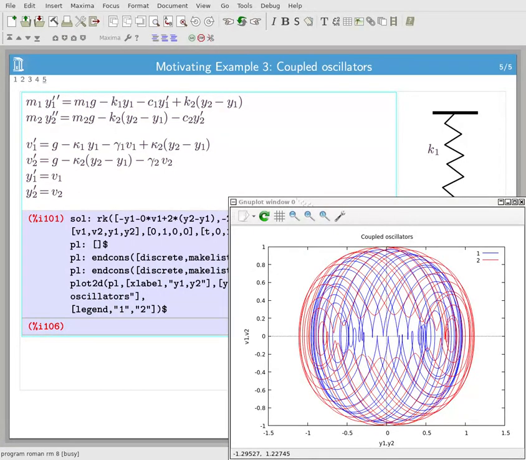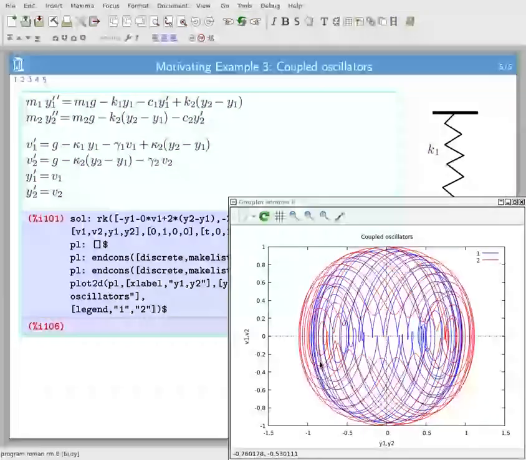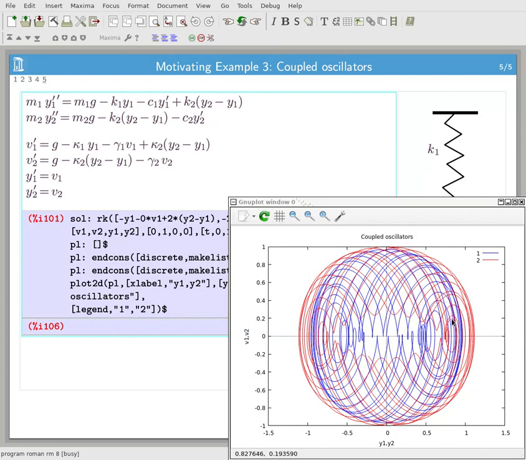Conversely, if we take away the dissipation completely, what we notice is that the system does not lose energy, and this kind of behavior is typical. What is happening is that the two oscillators are tending to move in something which would be enveloped in an ellipse. This is actually a reflection of the conservation of energy in this case. Since there is no dissipation, typically the trajectories will always stay within an ellipse that corresponds to the balance of